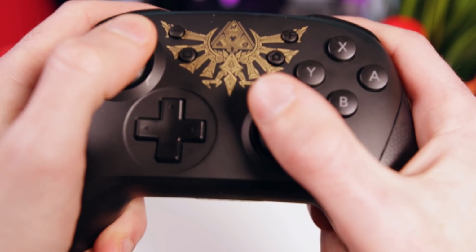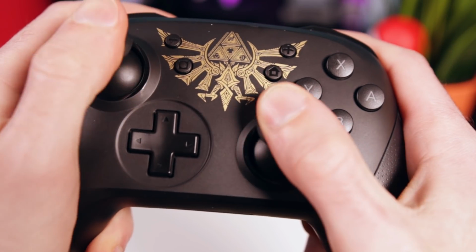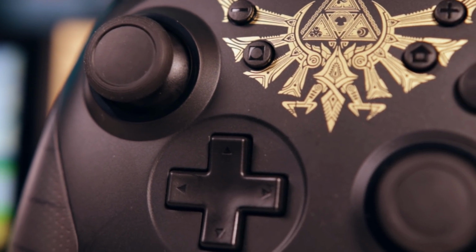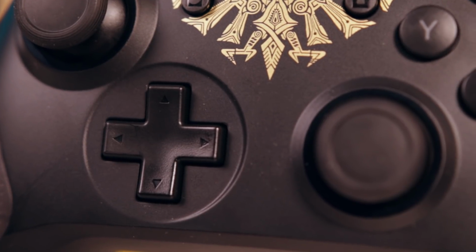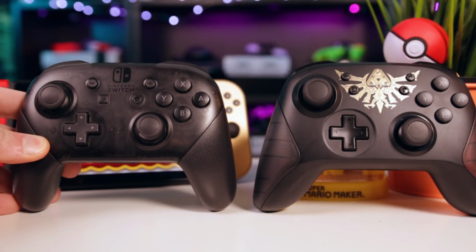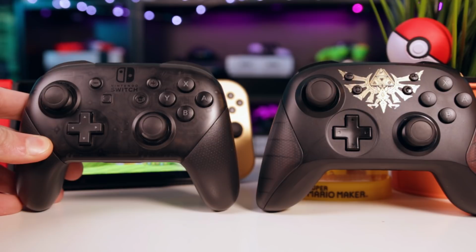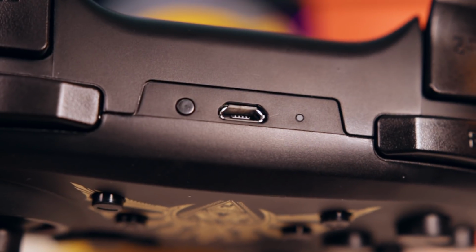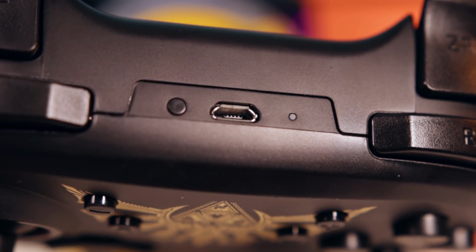The thumbsticks are real big, and so are the grips. It also has a nice fat D-pad. I'd say this controller is for someone with big hands. If you think the Pro Controller might be too small for you, you might want to give this one a shot. This controller charges over micro USB, which isn't ideal since the standard is switching over to USB-C,